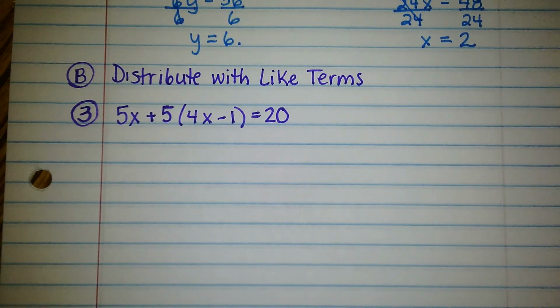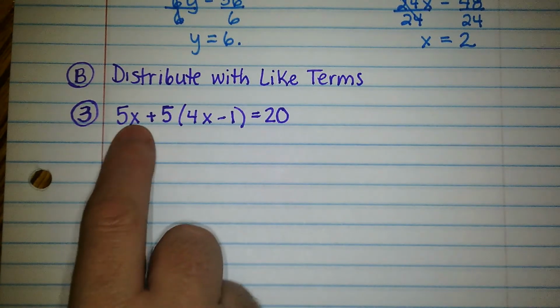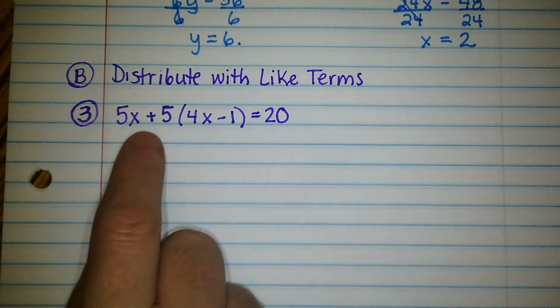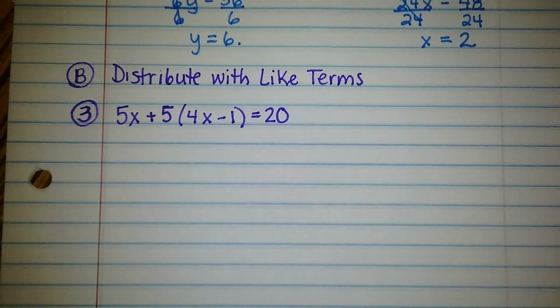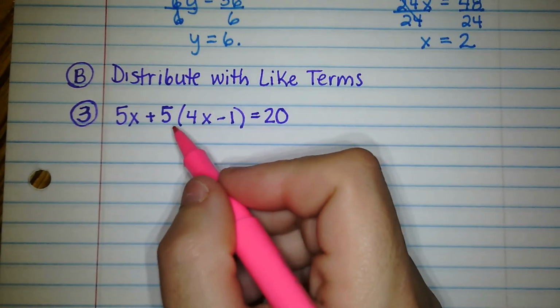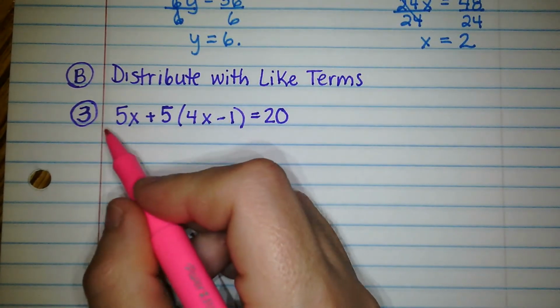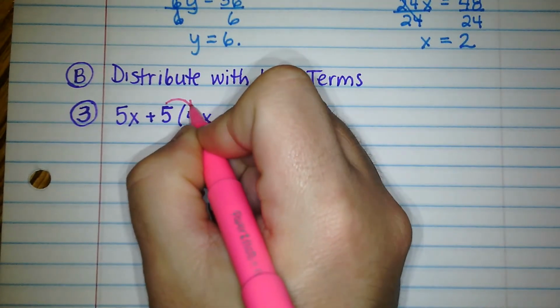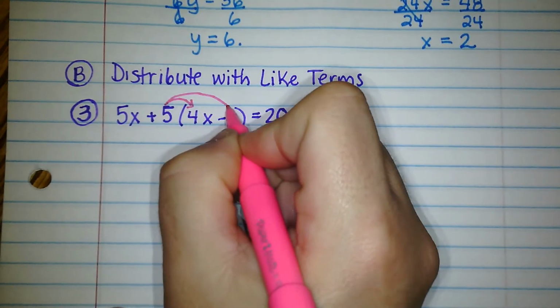And what a lot of people do wrong is they like to combine these first two things, but you can't. The order of operations says you have to distribute first. So when you're looking at problems with a distributive property in them, you definitely want to multiply your distributive property first. So it's like the 5x isn't even there. We're going to start with the 5 and we're going to distribute to the 4x and to the negative 1